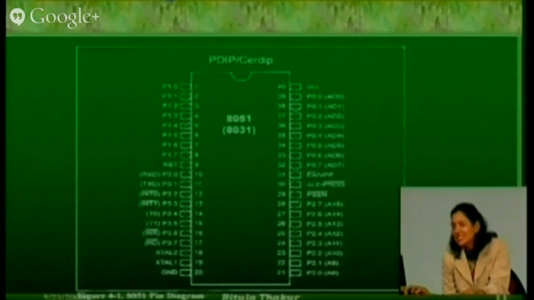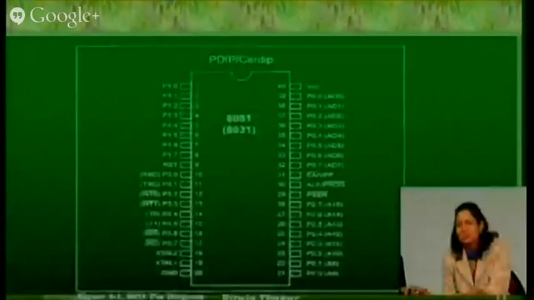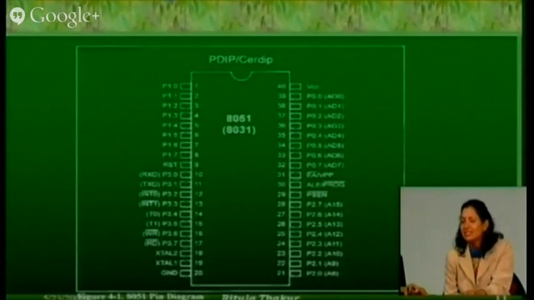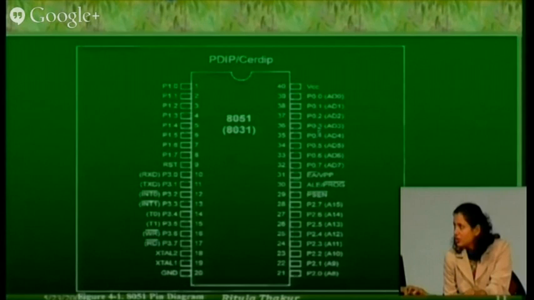देखिए अगर हम फंक्शन की बात करेंगे, दैट इज व्हाट आई वांट टू आस्क फ्रॉम यू। अगर हम फंक्शंस की बात करते हैं ना, तो देखिए सारे पोर्ट्स एक्सेप्ट दिस पोर्ट 1 हैव गॉट डुअल फंक्शंस। हमारा ये जो पोर्ट 0 है, इसमें पोर्ट 0.0 से लेके 0.7 तो है ही है, लेकिन जो ब्रैकेट में लिखा हुआ है ना AD0 to AD7, दिस इज इट्स डुअल फंक्शन। व्हाट इज इट, आई विल टेल यू। अभी मैं एक एक पोर्ट एक्सप्लेन करूंगी। सिमिलरली पोर्ट 2 जो है वो आपका पोर्ट P2.0 से लेके P2.7 जो है, उसके भी